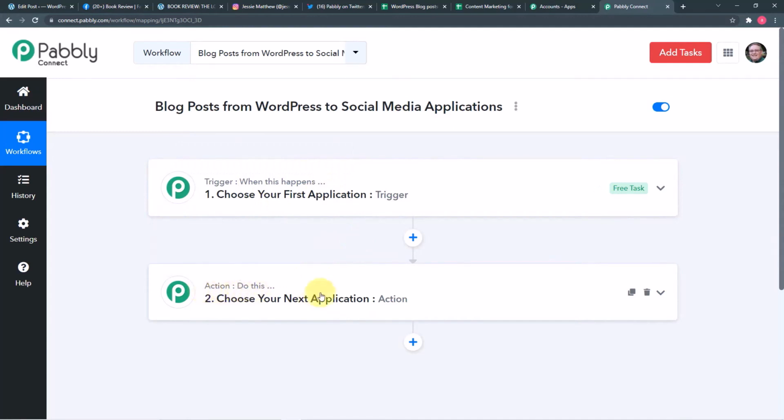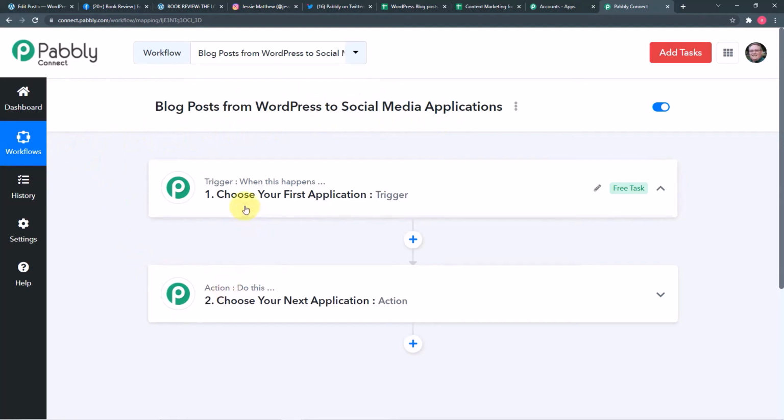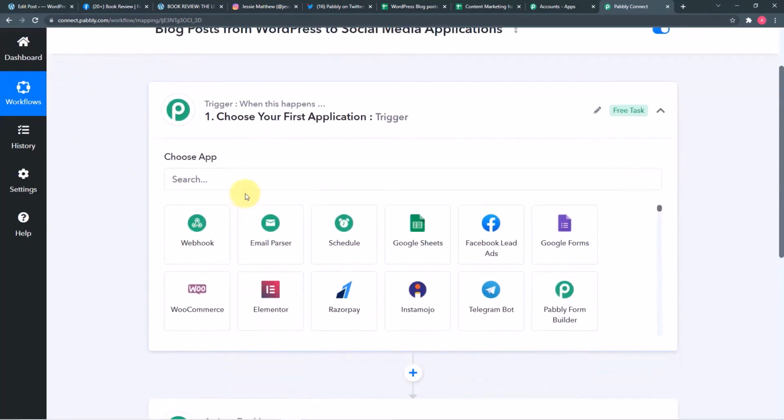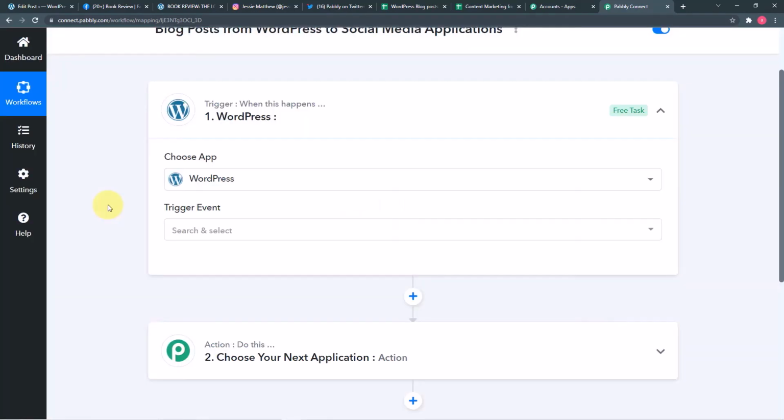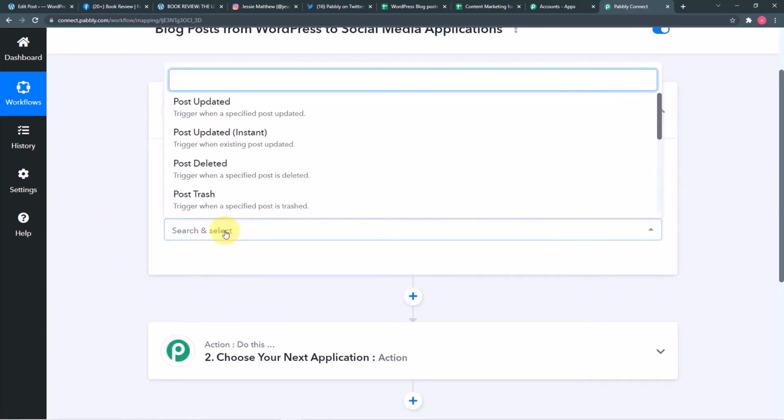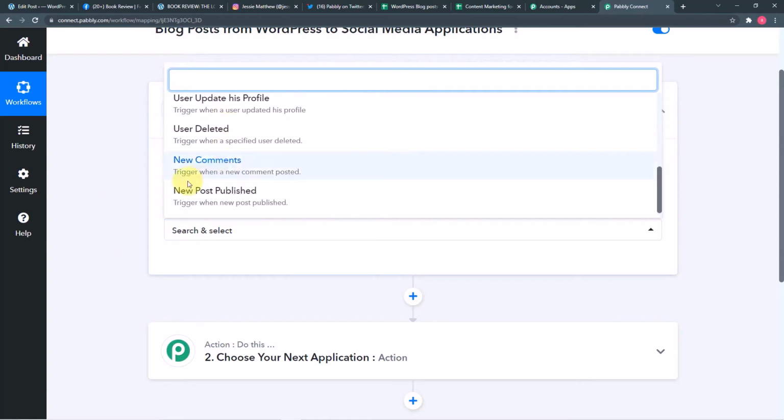Alright, in our use case, the trigger would be a new blog post in WordPress, and the action would be to share that WordPress blog on other social media applications such as Instagram, Facebook and Twitter. Right, so first of all you have to click here on this trigger window, and from this choose app, choose your application as WordPress. So this is WordPress we have. Okay, now in this trigger event you have to select this new post published option,